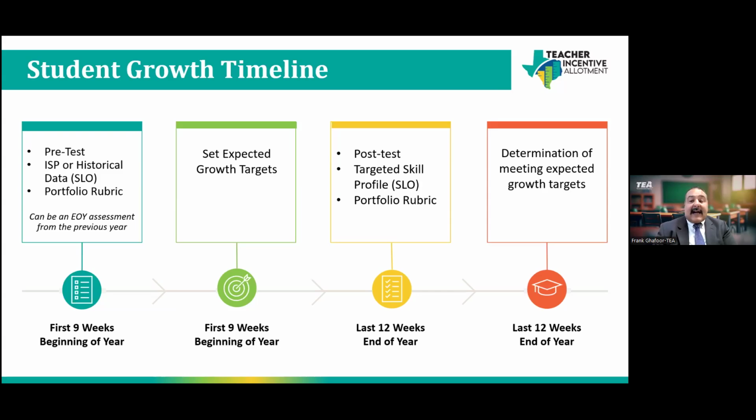Now, here's a basic timeline for student growth measure implementation of pretest post-test. This is just pretest post-test, but it would apply to really any of the student growth measures we use. In the first 9 weeks of the school year, we're going to give that pretest, and students are going to take that. We're going to start recording that data, and then also during that first 9 weeks, we'll go ahead and set